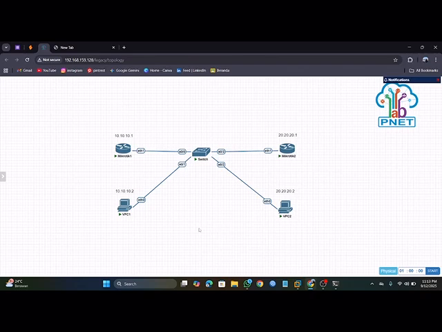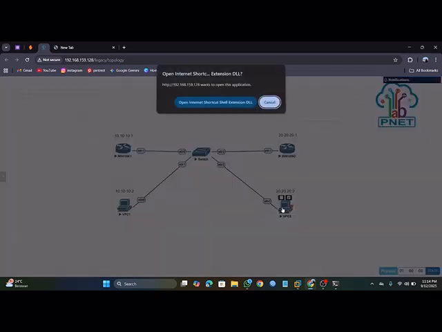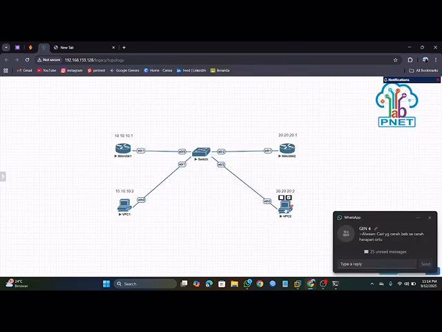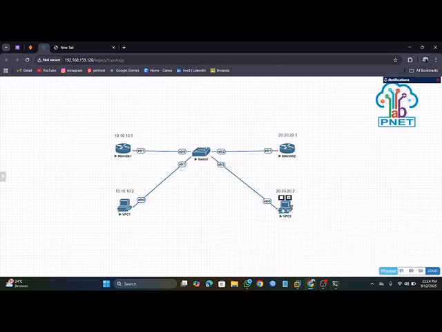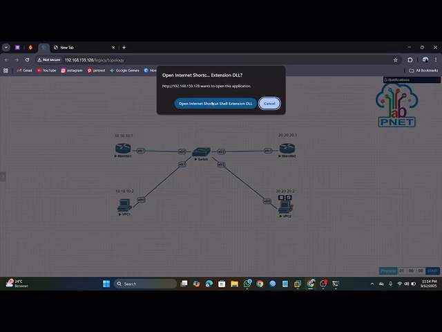Next, PC2. For this part, do the same step as for the left PC1. Only change the IP. You can click here, click here, and click here.